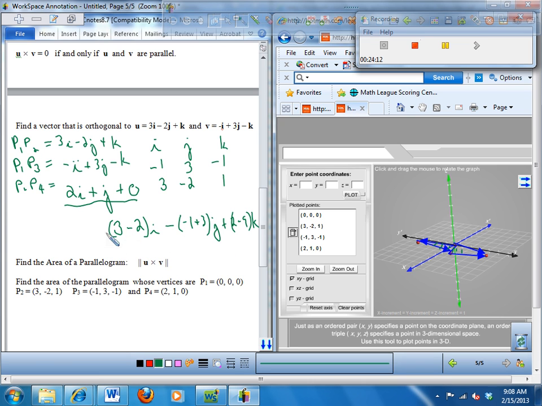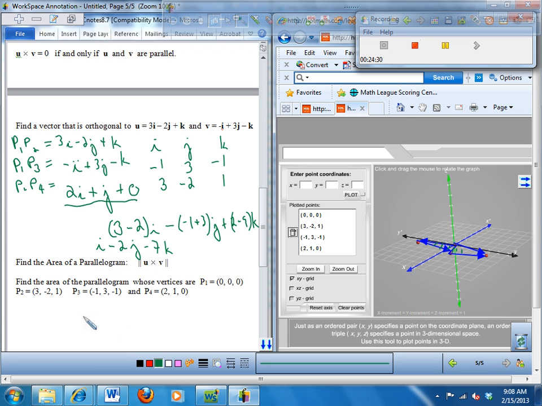And then what I find when I simplify that is I get 1i, minus 2j, and 2 minus 9 is -7k, right? And then I want to take the magnitude of that, which is going to give me the area of this parallelogram. And that works out because of that formula, the magnitude of this times the magnitude of that times the sine of theta in between them. Okay? So anyway,